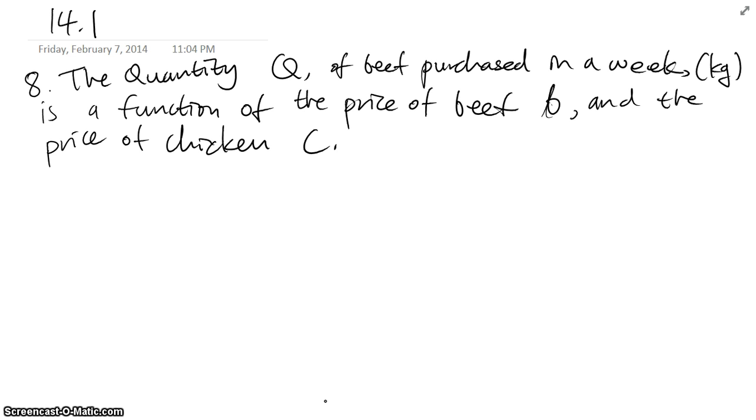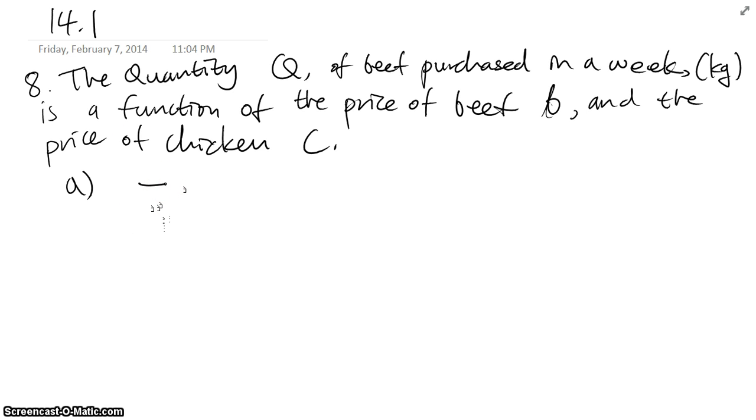But what about the other way? If the price goes down, you're going to purchase more meat because selling a larger amount is going to bring you extra profit. So for the answer, A is going to be negative, since